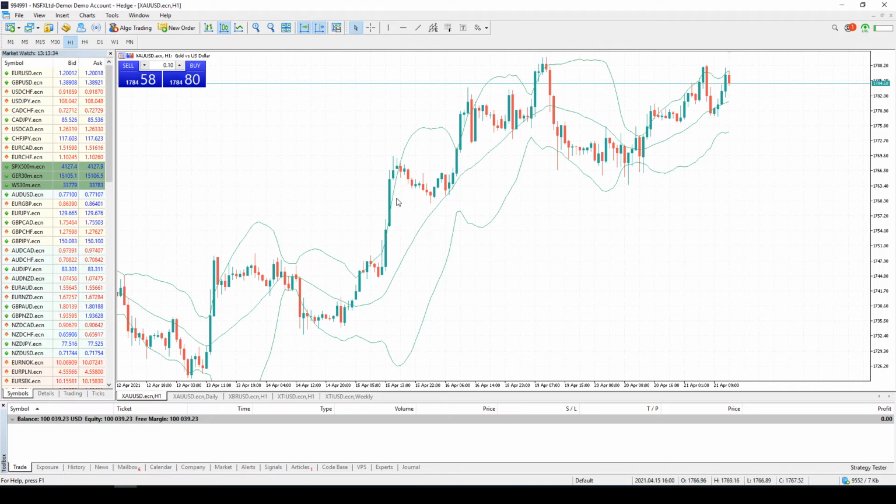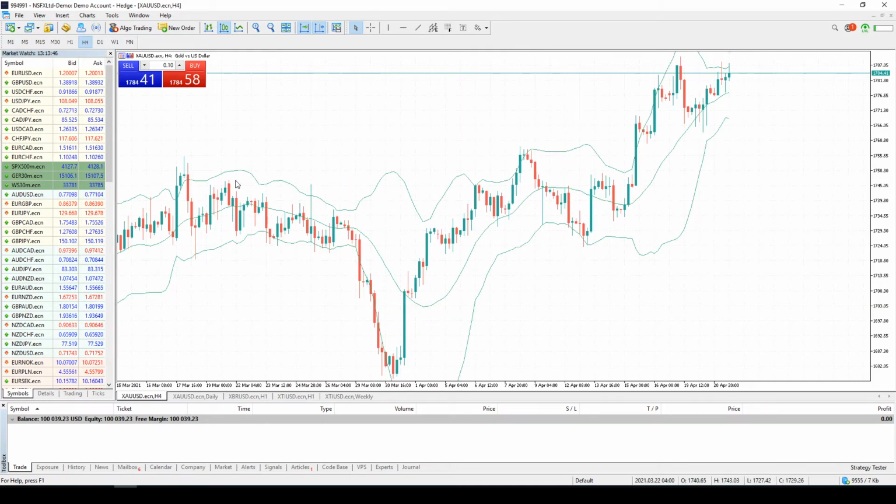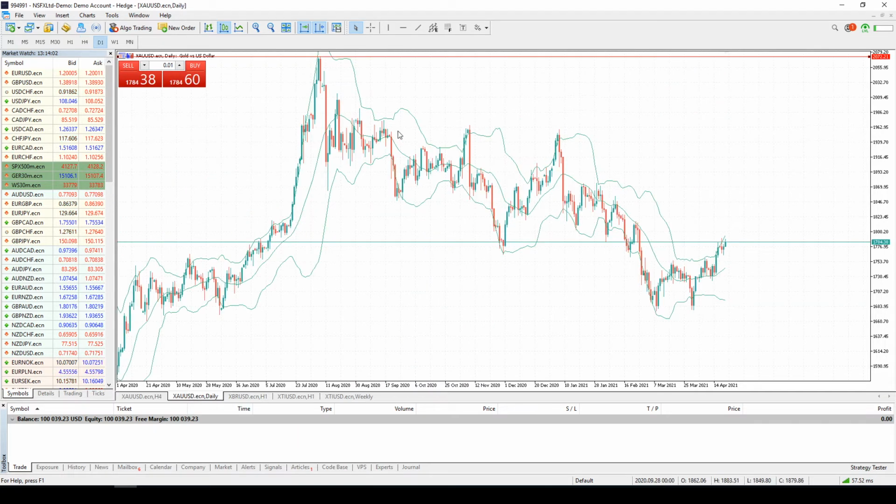So if we see that the economy is starting to recover, as in the past 2 weeks, gold was under pressure. If we just turn to H4, you see this kind of drop. But at the end of these 2 or 3 weeks, gold started to recover. In order to understand the nature of gold, I'd like to switch to the daily chart.